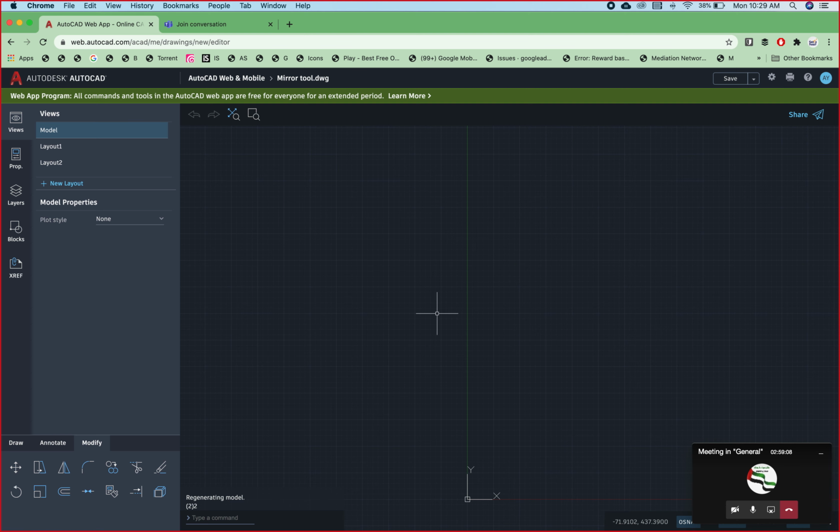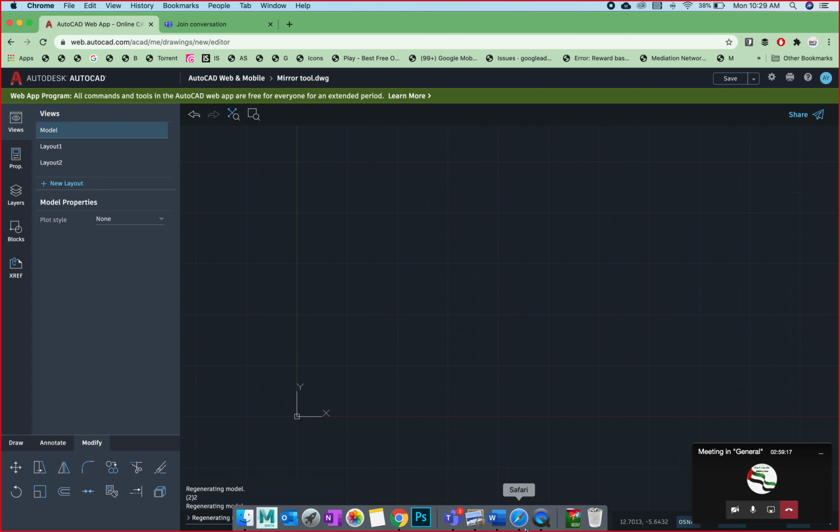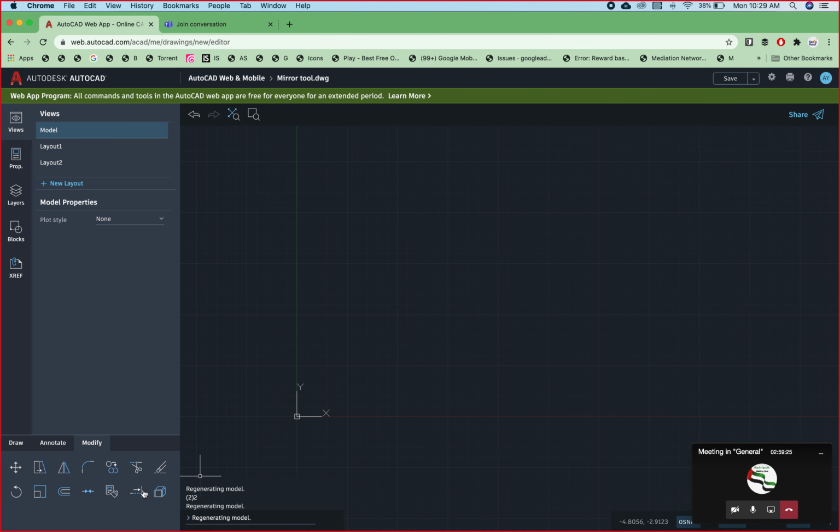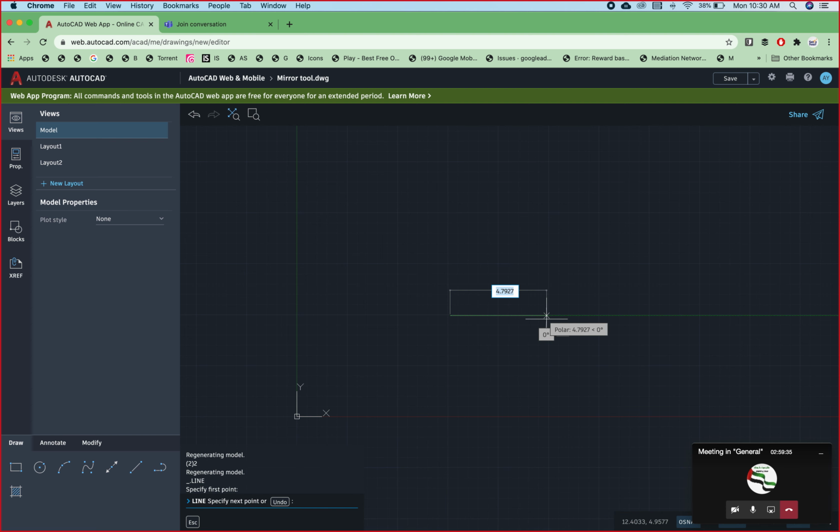The first thing when we are here, what we usually do, we click on this button which says zoom extents. After clicking this button I am going to draw this figure which is here. This is our first step, to draw this image. So I will select the draw tool, then I select the line tool from here, and now you can click anywhere. I told you we won't use dimensions, but